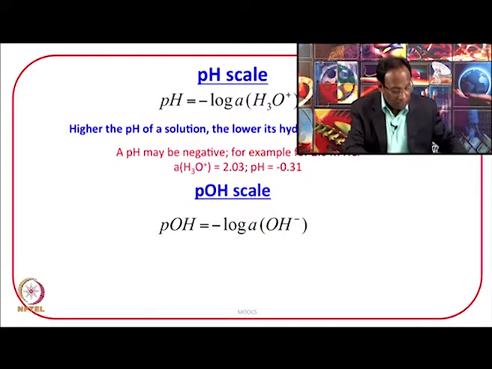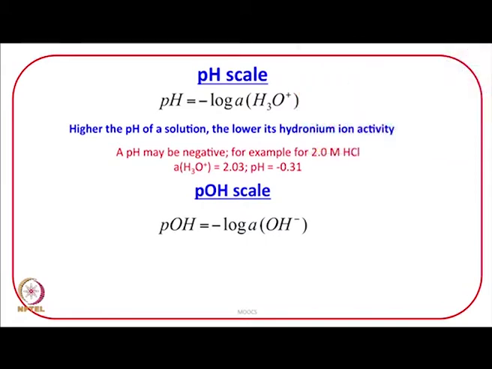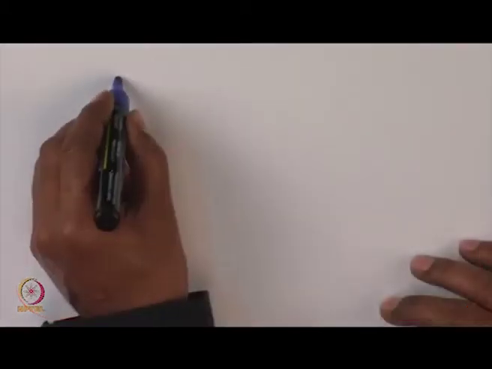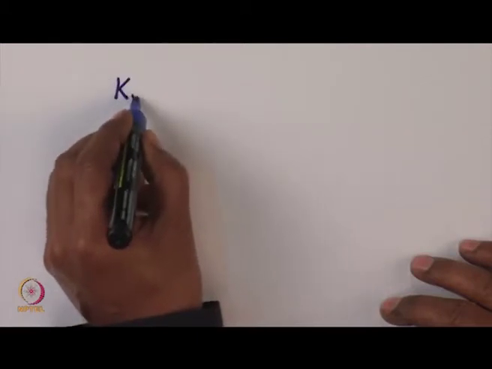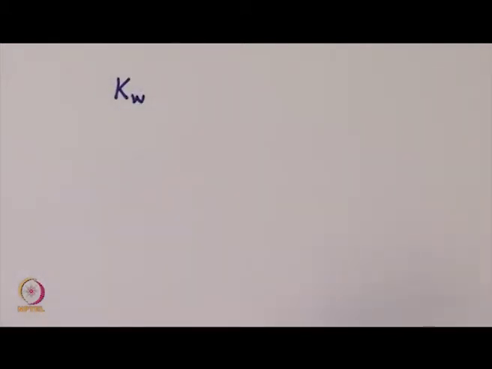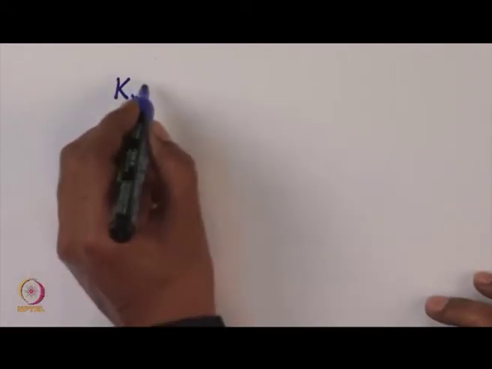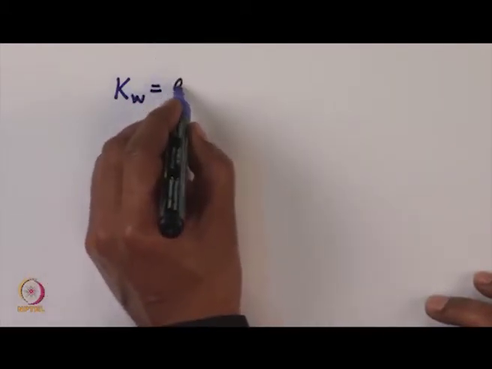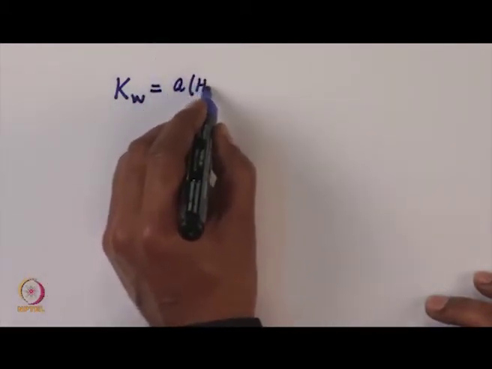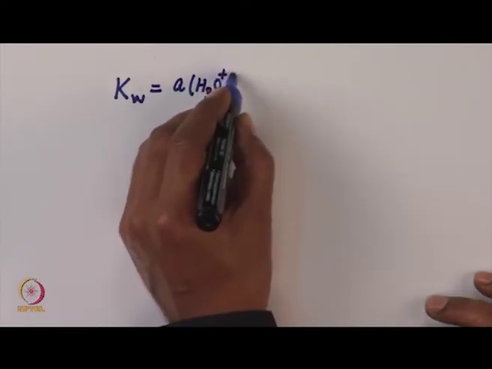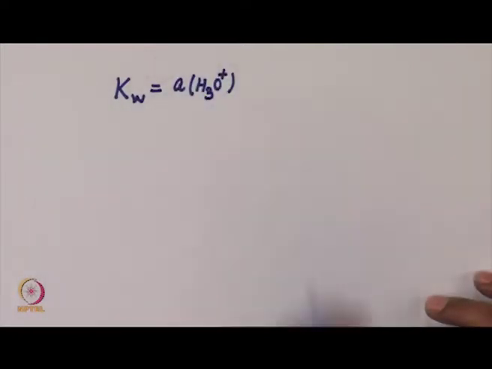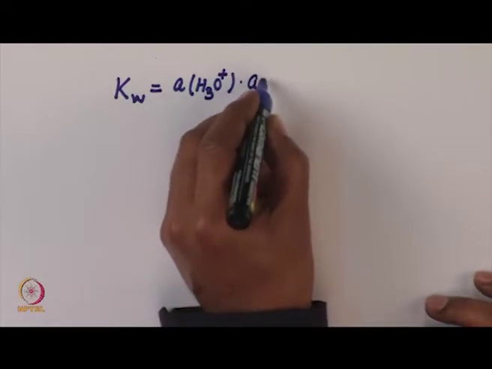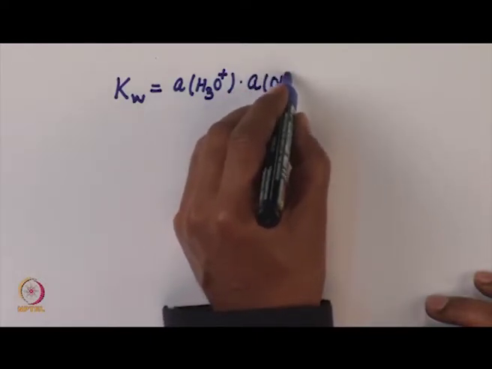For example, let us take water. We defined Kw, the autoprotolysis constant of water, as the activity of H3O plus hydronium ion